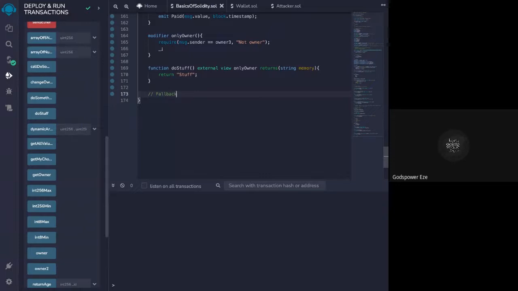So a fallback function is basically a function that, if you try to call a function that does not exist in a contract, then it falls back to this function. So this is how it is. The name is simply fallback, and it takes in,